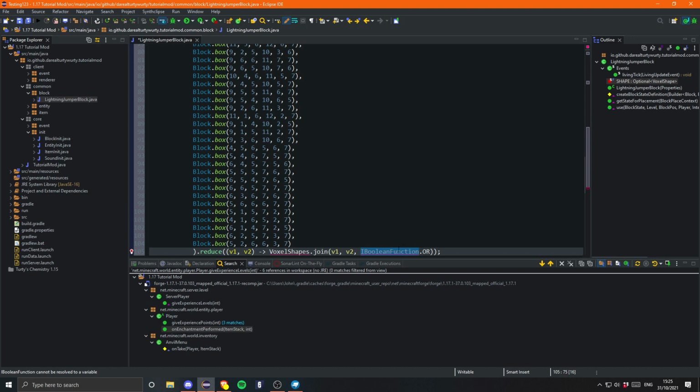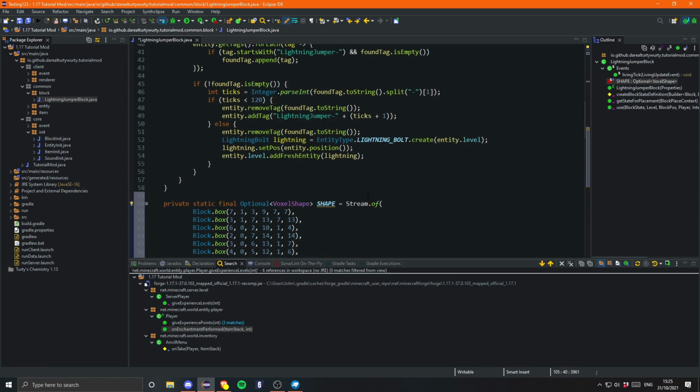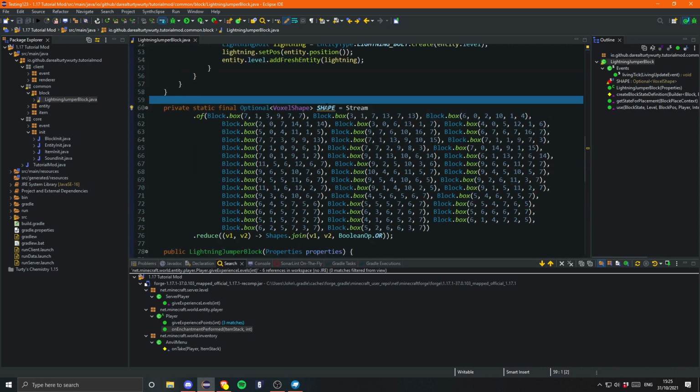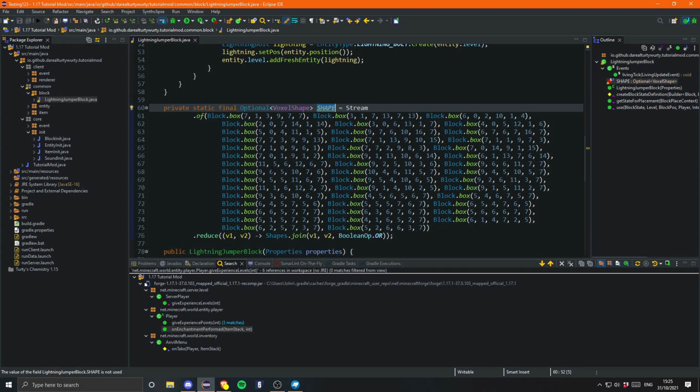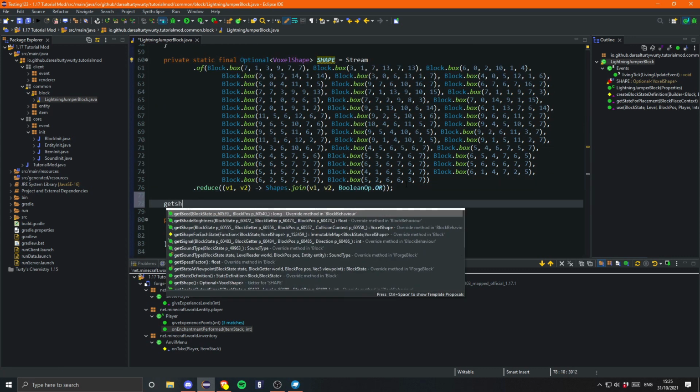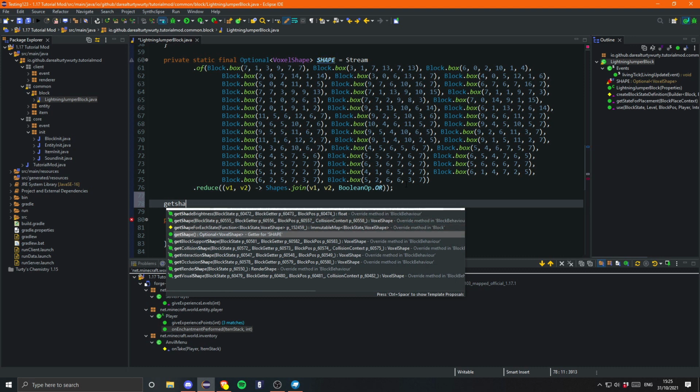We do still have this boolean operation, so that is BooleanOp. And voxel shapes we know is Shapes. Okay, and save that. That will just format it to be a little bit nicer. Now that we have that, we need to go ahead and override the method getShape, or it's getCollisionShape,